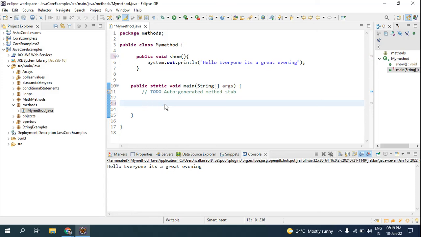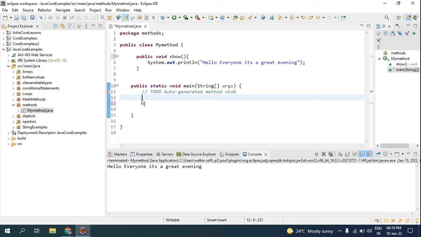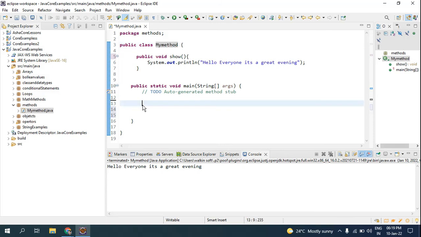How to create an object is that you take the class name. Just know this; I'll give a brief explanation tomorrow when I start with classes and objects. For now, just assume that you are taking a class name and assigning a new variable. You can give whatever name you want. For now I'll give just m, equal to, I'll use the new keyword, and then the same class with the parenthesis. So now if I do this, you can see I have got no error.